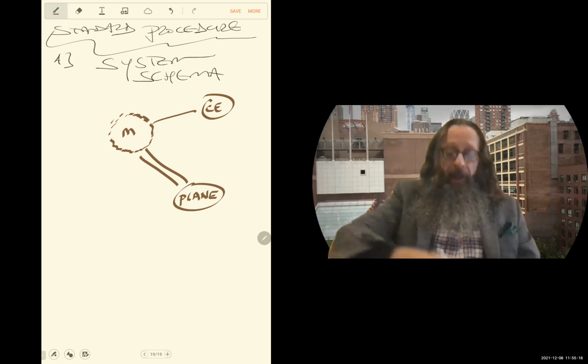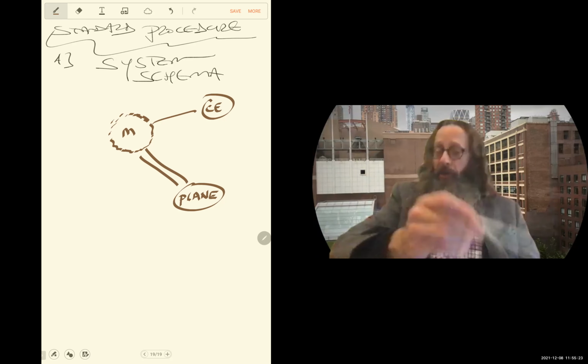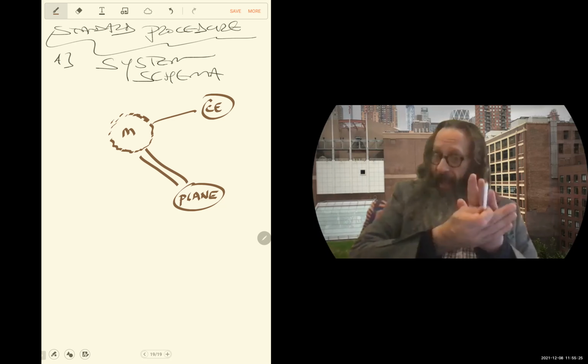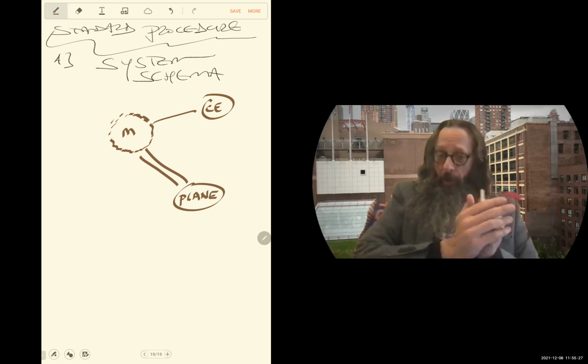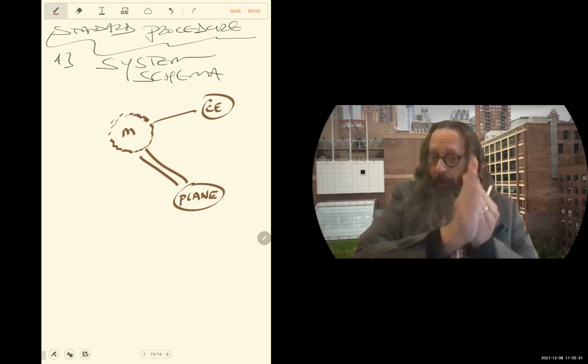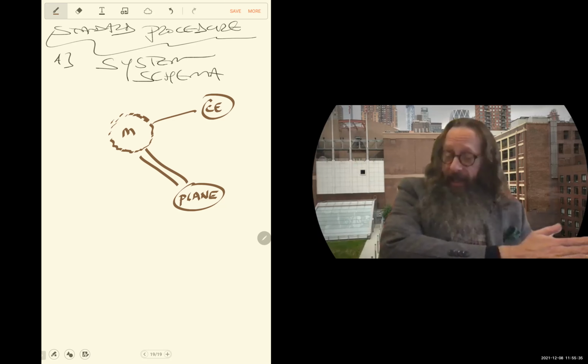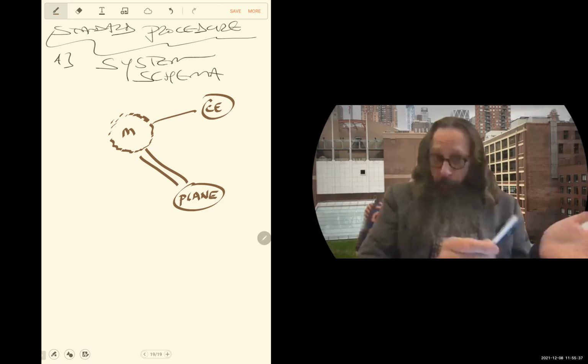So the Earth is pulling it, the entire Earth is pulling it as always. And then the plane is a surface that's touching the surface of our block, and it's touching it in two ways. It's pushing it and it's rubbing it because it's a rough surface. So this is our system schema, exactly like the other one, but simpler because there's no tension.